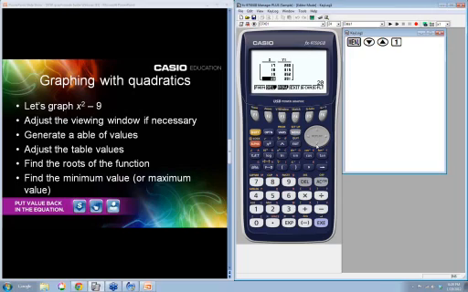My kids graph points. They do learn how to graph straight from the equation. They learn how to graph points. They learn how to use slope intercept. All of that is really good for them.